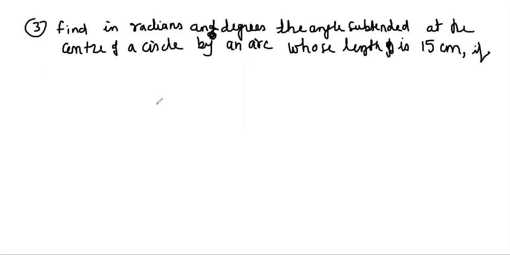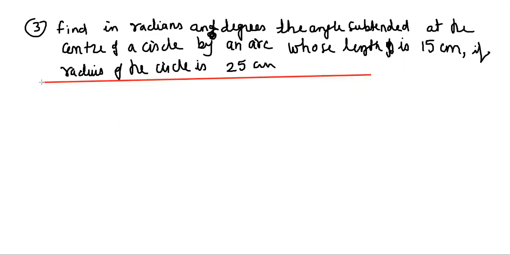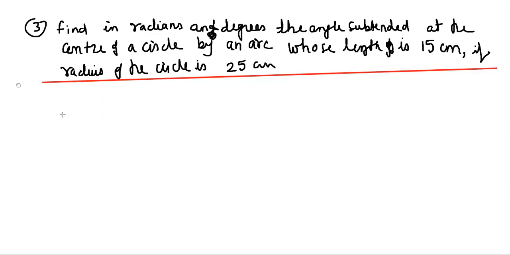If the radius of the circle is 25 centimeter. Now we are given, please write down the given, whatever is given to you, and please solve this and get me the theta. यहाँ पर आपको theta निकालना है, radians और degree दोनों में निकालना है. Please find it out. ठीक है, जल्दी से कॉपी करो और मुझे इसका सॉल्यूशन बताओ जल्दी से. अगर क्वेश्चन में कुछ डाउट है तो यू कैन आस्क मी, आई विल एक्सप्लेन यू इफ एनी डाउट इन द क्वेश्चन.